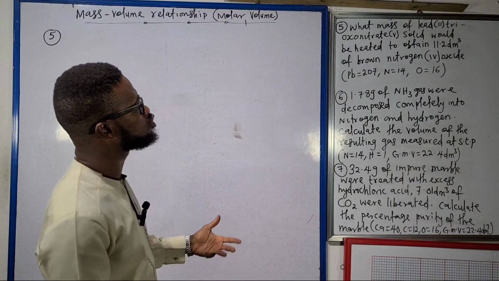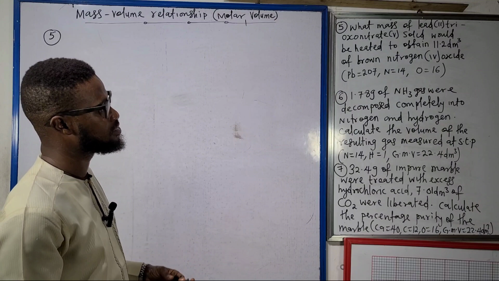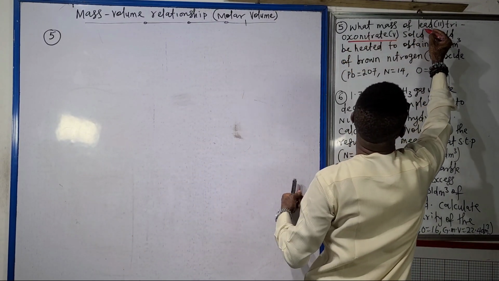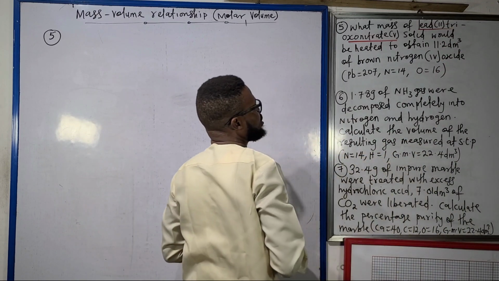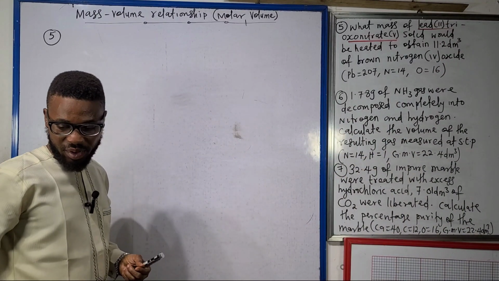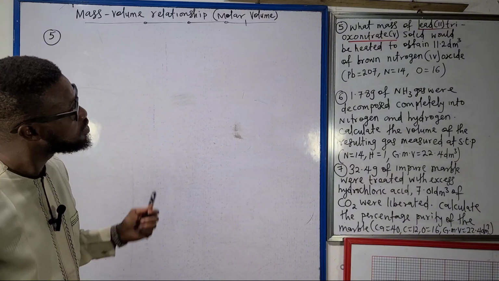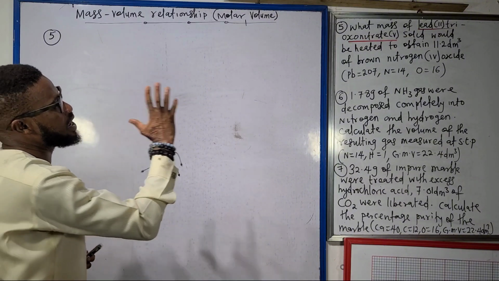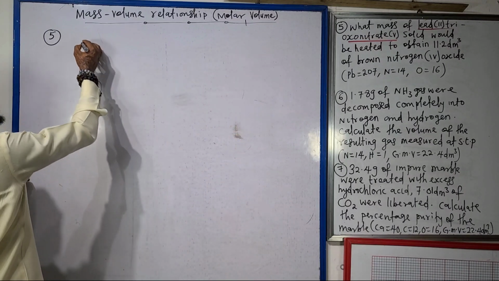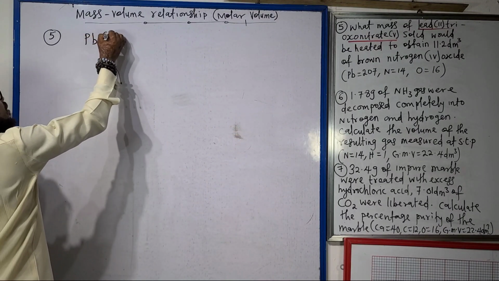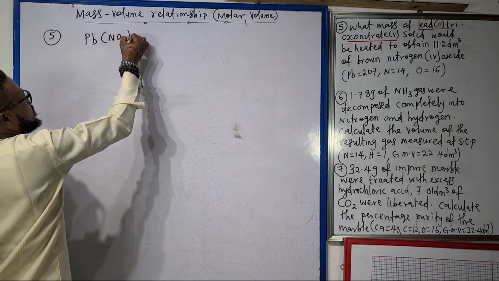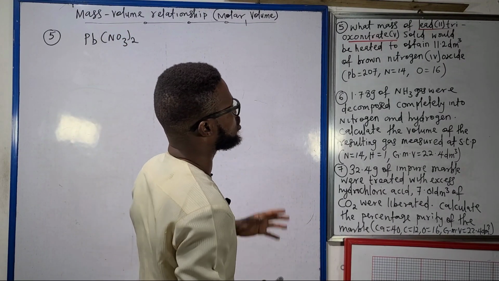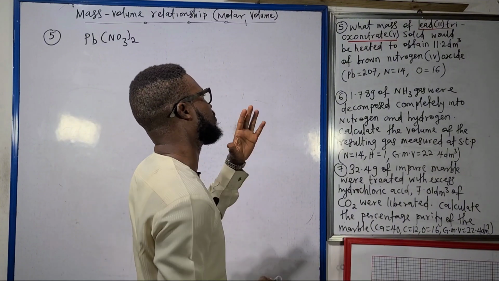One mass of lead(II) trioxonitrate(V) solid. That is why for a science student, it is very important to know how to write the formulas of your compounds. Some of us don't know how to, so that's a business for another day. One mass of lead(II) trioxonitrate(V). This is lead(II) trioxonitrate(V) actually. One mass of lead(II) trioxonitrate(V) solid would be heated to obtain 11.2 dm cube of brown